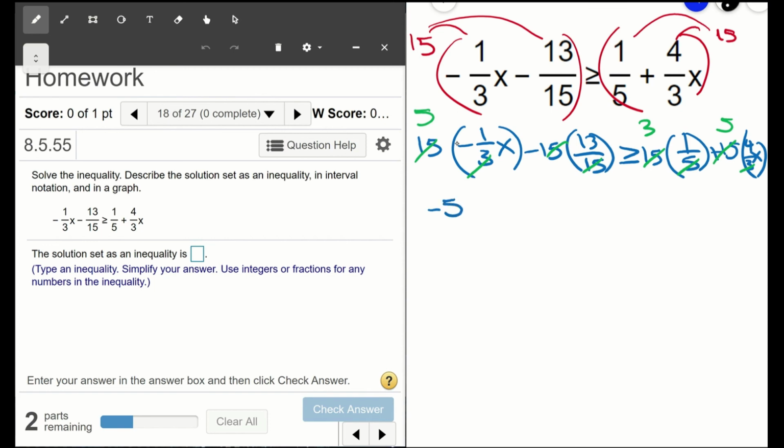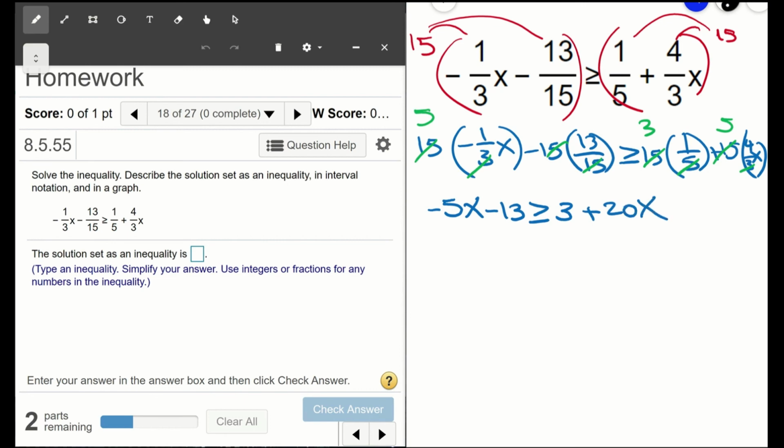And all we have left is 5x. In the next term, we have negative 13. Greater than or equal to, on this side, we have 3 plus 5 times 4 times x, which is